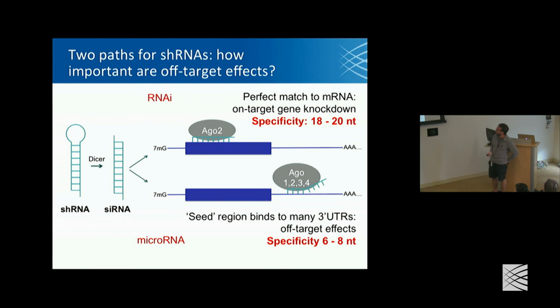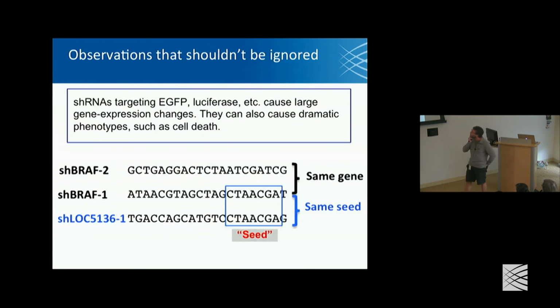So this is what we want to happen, this top pathway, but this bottom pathway also happens anytime you try to do an RNAi experiment. And you can either ignore that, which is somewhat what the field did for many years, or you can come to grips with it. So as an example, in using gene expression data, we asked, and this was in collaboration with the Connectivity Map,